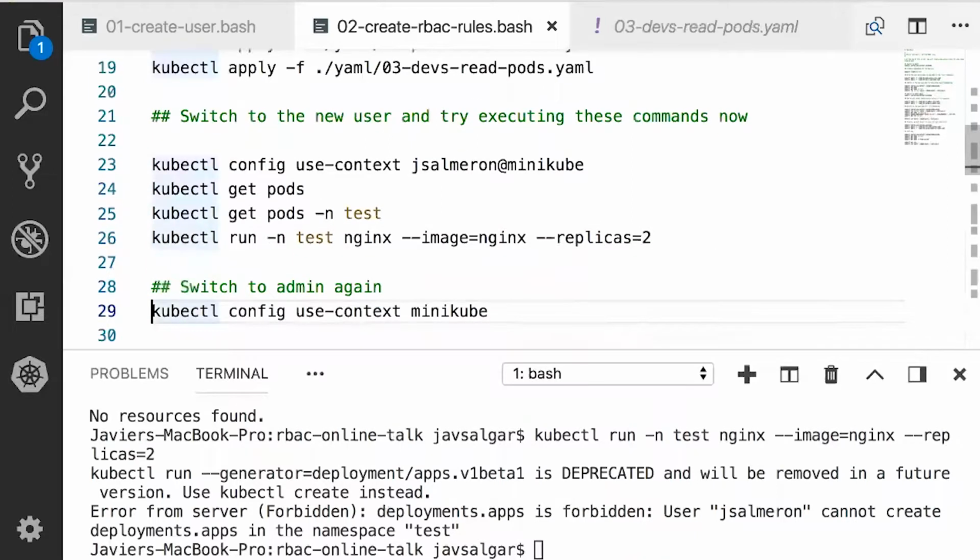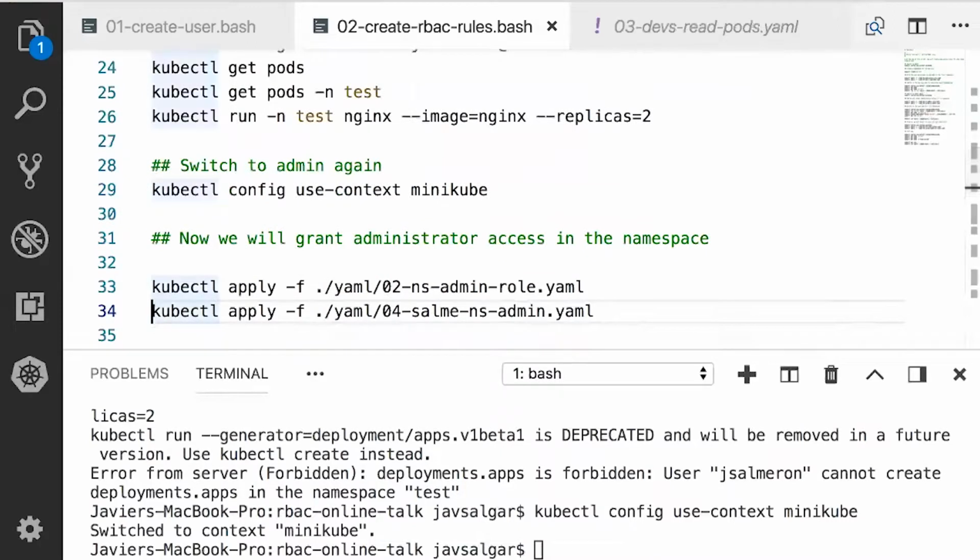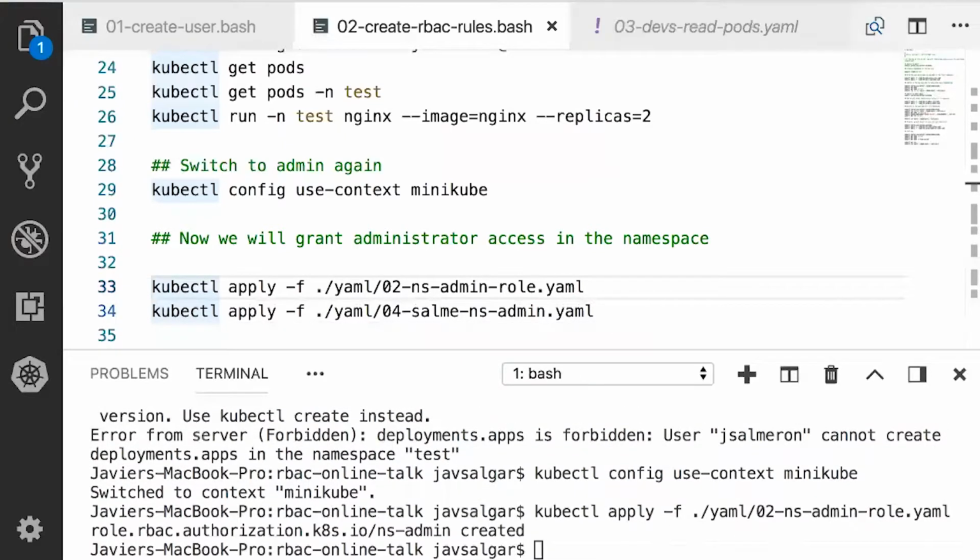So, okay, let's go a bit further, shall we? I'm going to make Salmeron a bit more powerful by granting the admin role, the one that was able to do everything inside the test namespace.